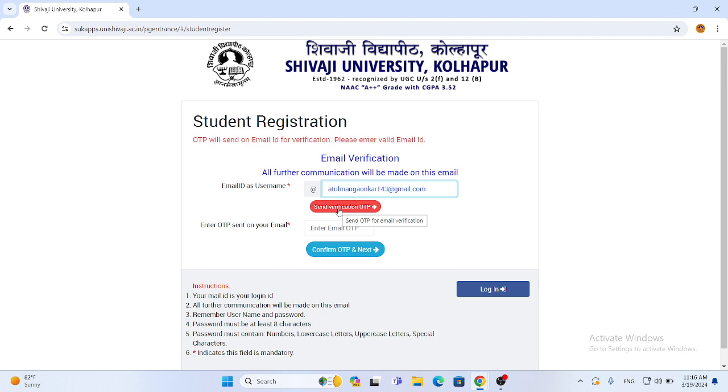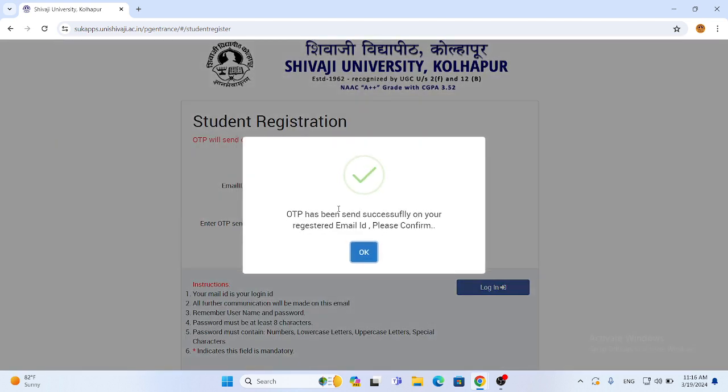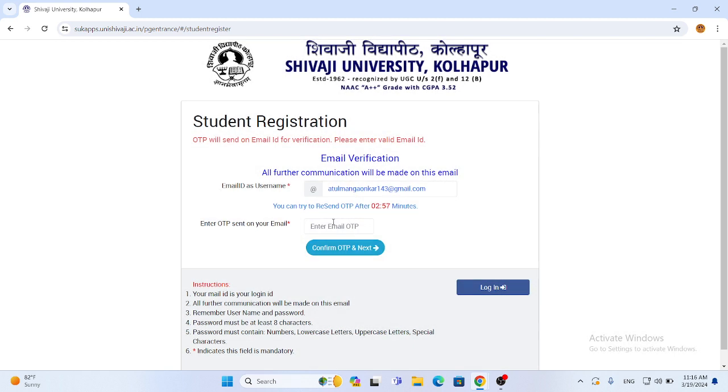OTP will be sent to the email ID that you have entered here. If you did not receive any OTP at your email ID, you have to try another email ID. Otherwise, check once again whether you have entered your email ID correctly.